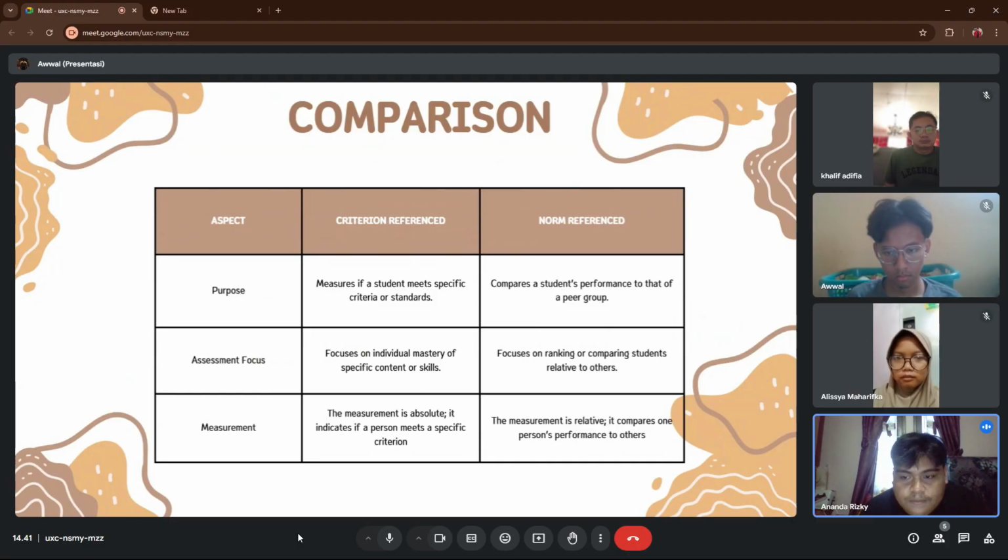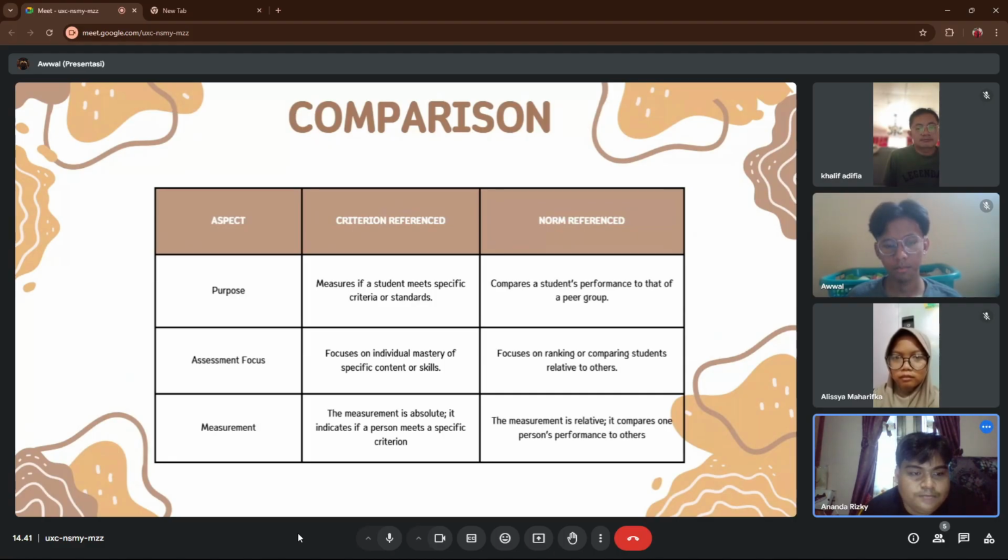For the measurement, in criterion reference the measurement is absolute. It indicates if a person meets a specific criterion. And for norm reference the measurement is relative. It compares one person's performance to others.